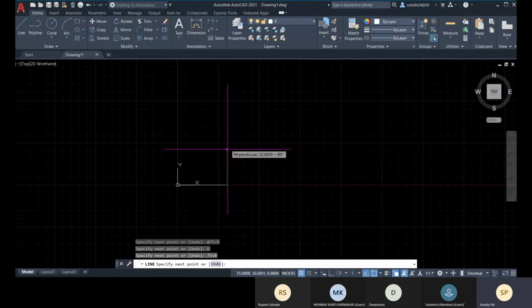Now from the other point, that is from this point, the distance is at 45. But from this point, if you are calculating what will be the point distance, so that is really difficult to identify what is the distance from this point.